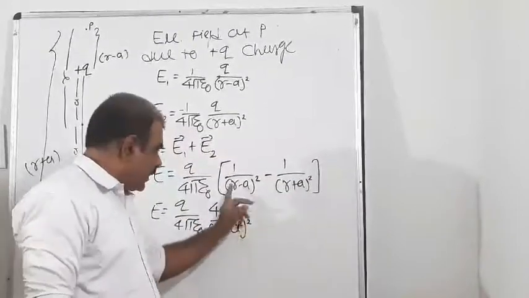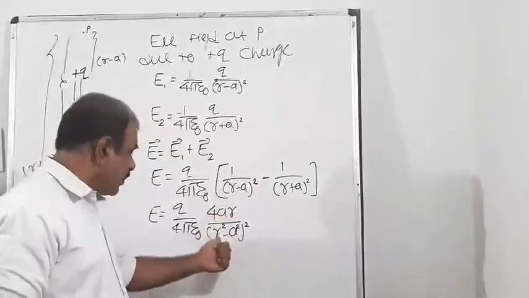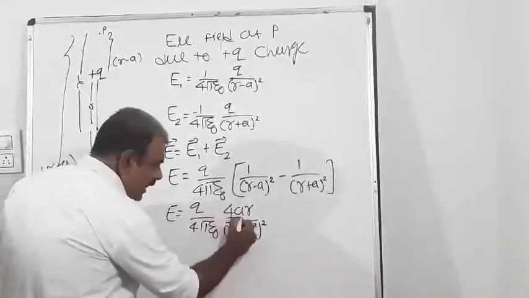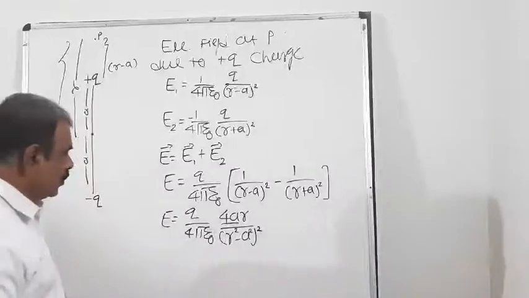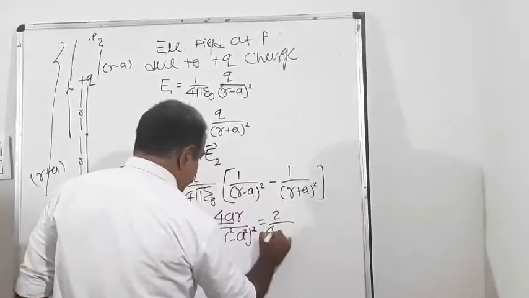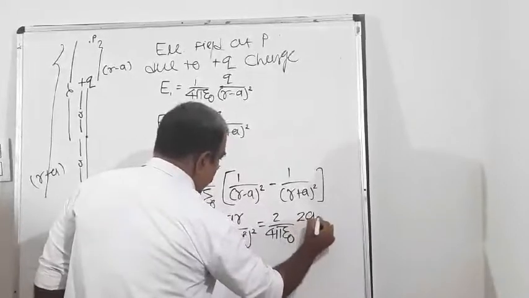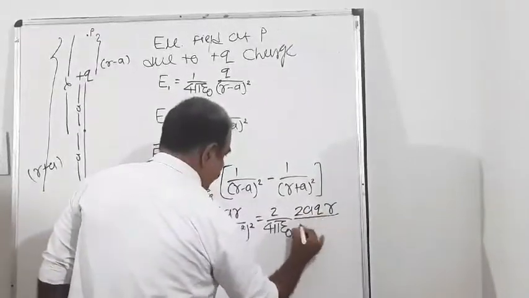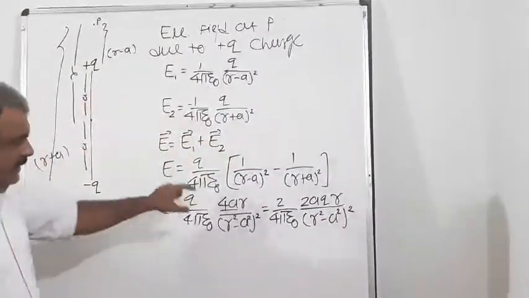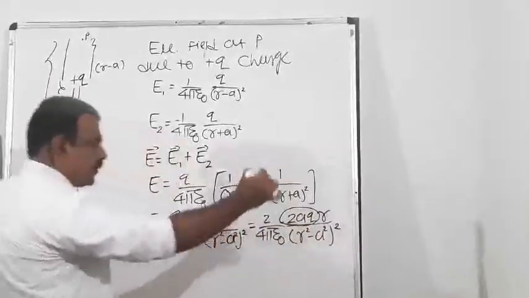And in denominator, when I take LCM, it will be like (a plus b) and (a minus b), that is a square minus b square. So according to that, (r square minus a square) whole square. Now this 4a I am splitting into two parts, 2a into 2. Look why. So can I write it as 2 upon 4 pi epsilon 0 into 2aqr upon (r square minus a square) the whole square. Simply this term 4 I have split into two parts. Why? Because here we are getting something.